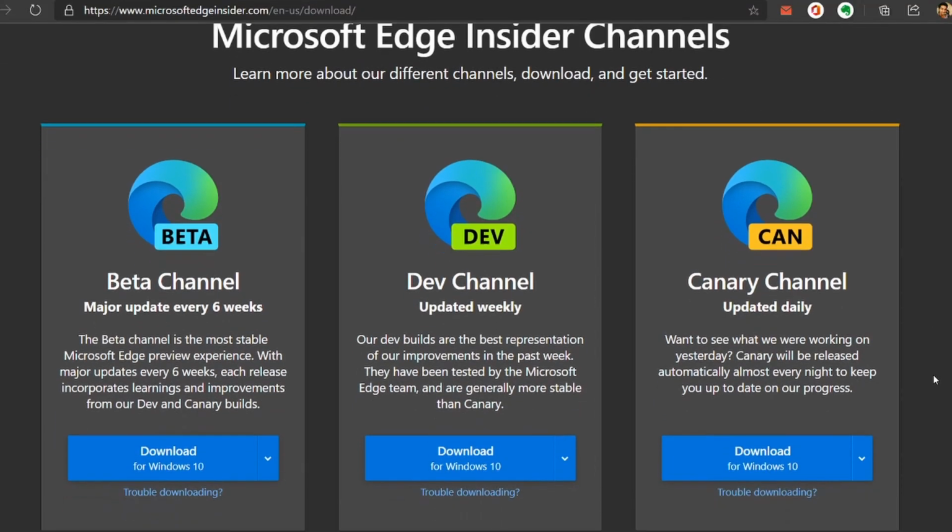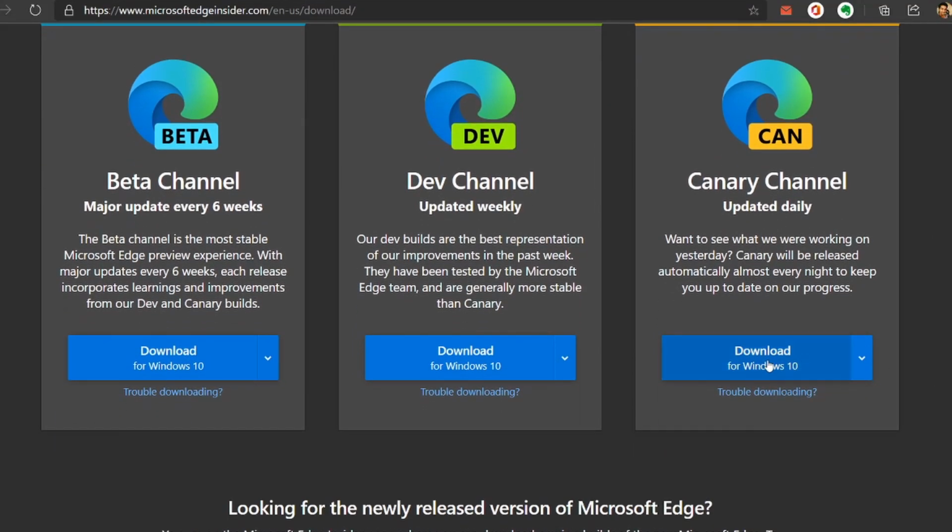Welcome to Beebles. Microsoft Edge released the vertical tabs feature a couple of days before, which was announced when they first launched Microsoft Edge a year before. It's a bit delayed, but now it is available in the Edge Canary release. The link for that is in the description. If you want to taste the feature right now, just head over to the link and download and install Edge